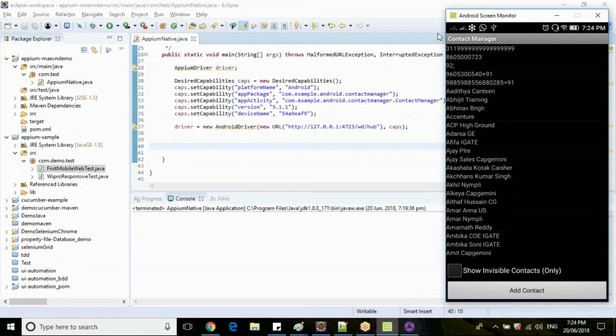So to identify these XPaths, names, IDs, what tool can we use?